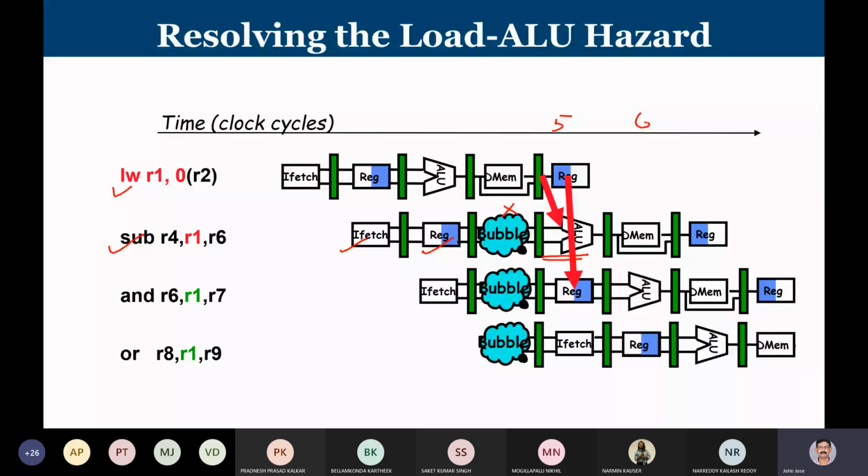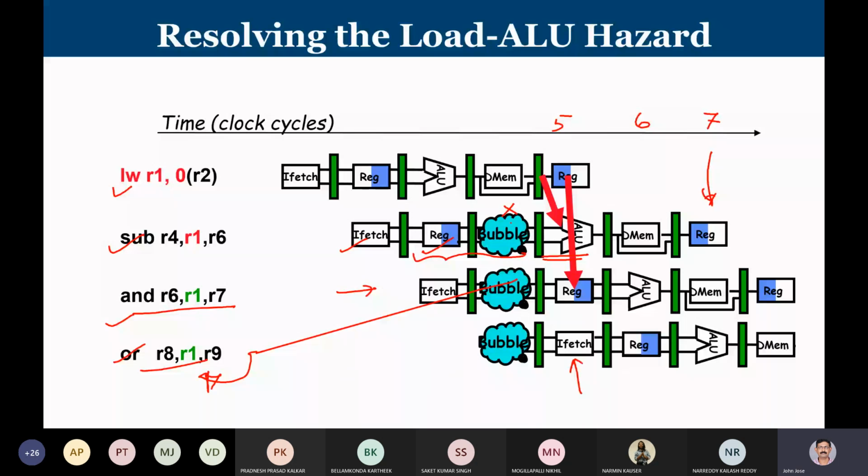That means I continue in the decode stage for 1 more clock cycle, and then only I perform an ALU operation. So once that is there, then all subsequent instructions are also stalled for 1 cycle. That means the AND instruction will continue in instruction fetch for 1 more cycle. I'm not going to fetch anything new, and that means the fetching of OR instruction is delayed by 1 clock